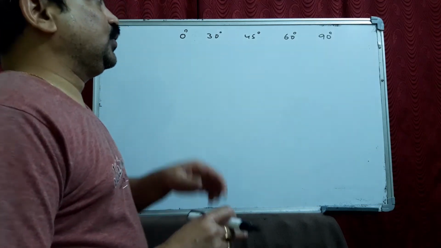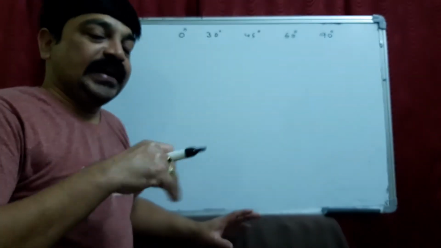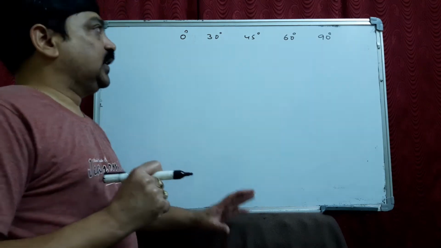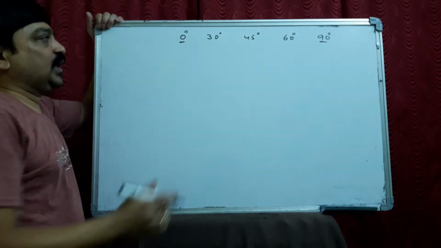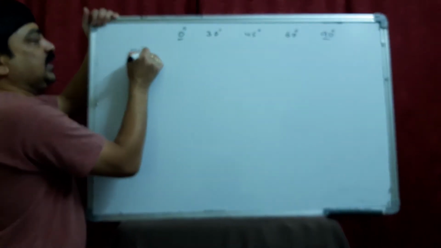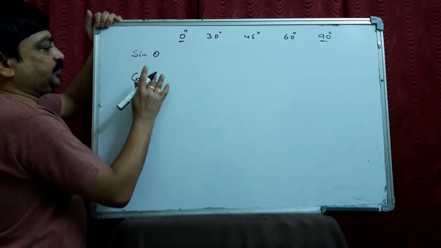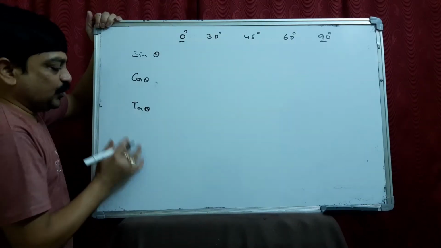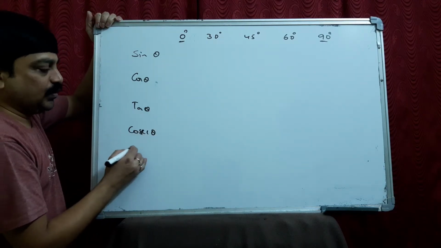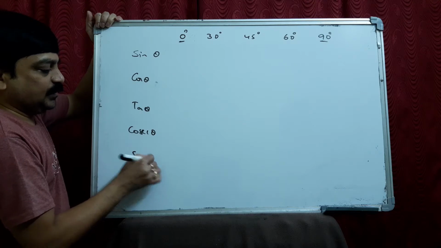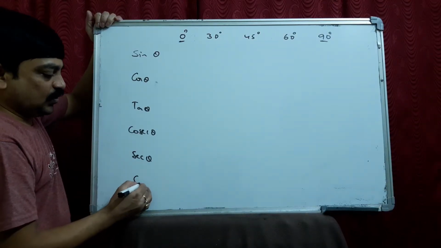But before going to that, I just want to explain what happens for these angles, and why these angle values are like this. First let us go with 0 and 90. I'll explain for sine theta, cos theta, tan theta, and the reciprocals of these three. The order is, if you write in an order, it will be good for you. Cosecant theta, because cosecant is the reciprocal of sine, secant theta is the reciprocal of cos, and cot theta.